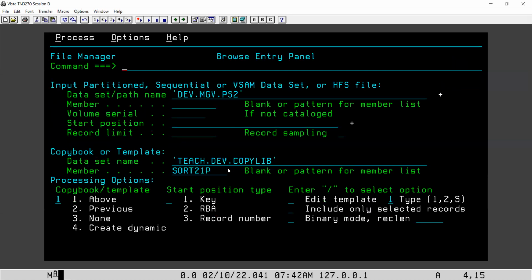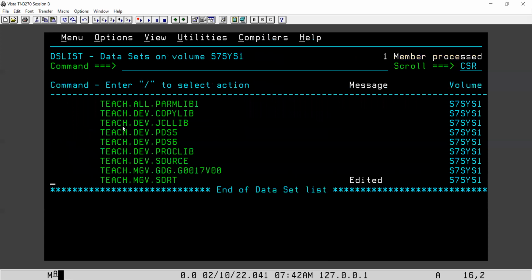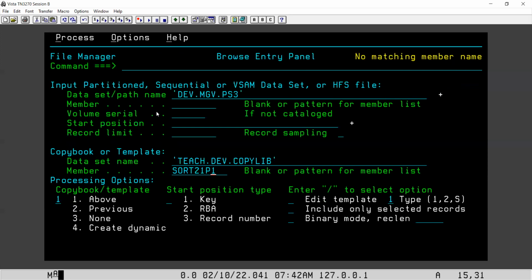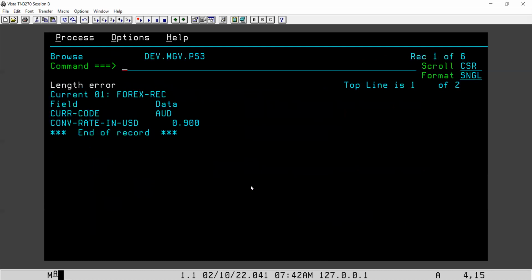So next one is on sort 21 P1, right? And I'm taking PS3. Member name, I think it is not correct. Let's check the member name as well, and the copylib P2, right? It should tally with the already existing member where you have the copybook. Here you can see the format is in single. I'm changing it to table,